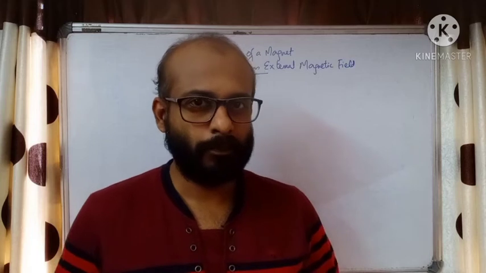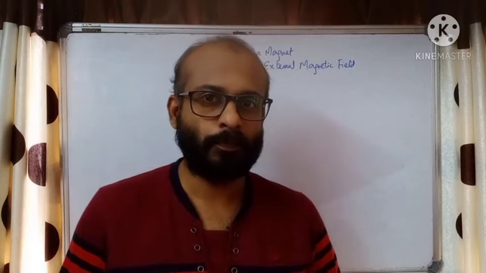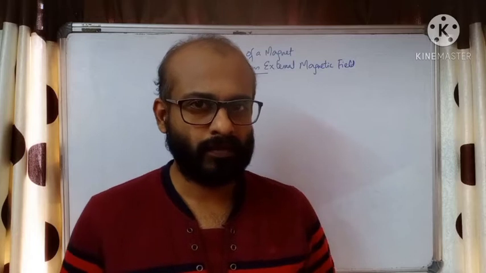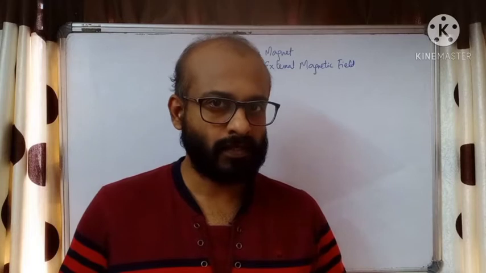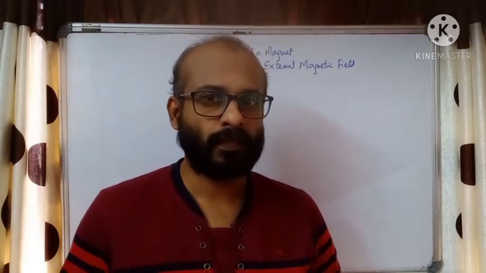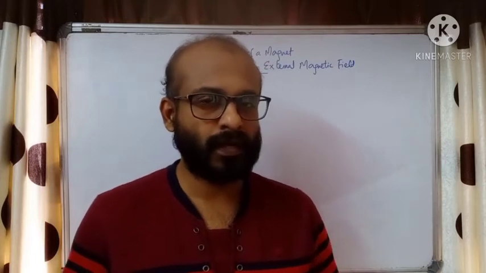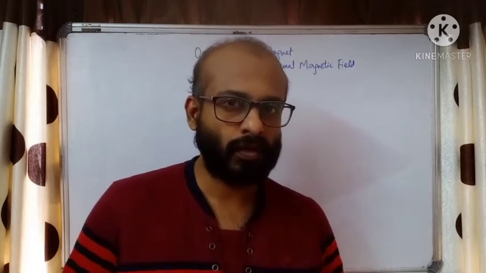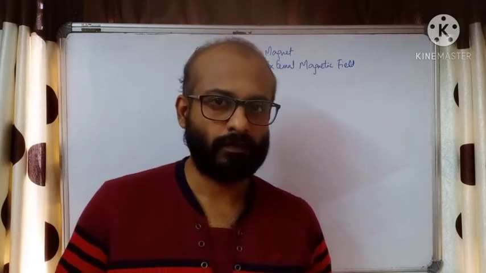Today we are going to see the oscillation of a bar magnet in a uniform external magnetic field. In the previous session, you have seen that a bar magnet or a compass needle itself is just like a bar magnet. If we place such a compass needle or a bar magnet in an external magnetic field, it will experience a torque. And the equation of torque tau is equal to m cross B, the cross product of the magnetic moment of the bar magnet and the external magnetic field.